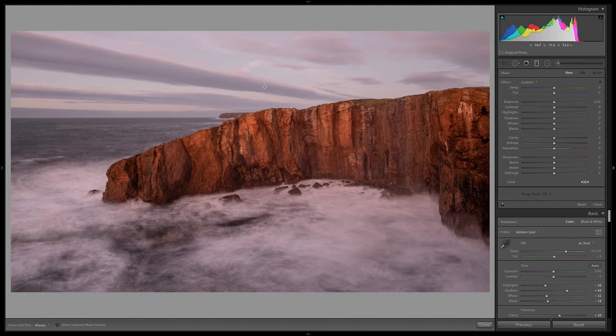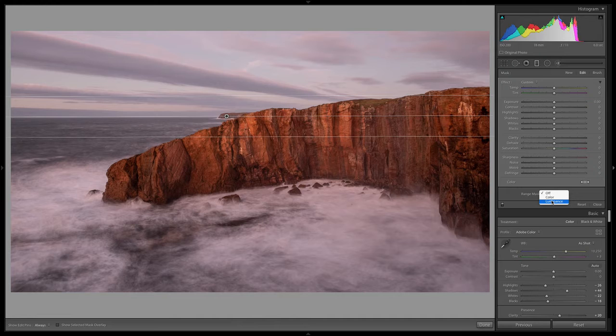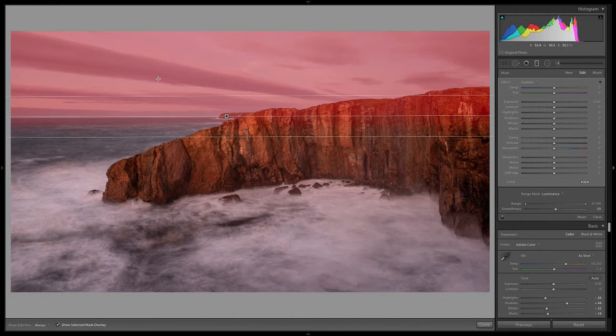So I'm going to take the graduated filter, click here, and create sort of a mask just like that along the edge of the horizon. And then I'm going to turn the range mask on. Let's try luminance first, and I'm going to press O to bring up my mask overlay. And let's just increase the range so that we aren't getting as much of this hillside over here. We can decrease the smoothness just a little bit so we have a little bit of a sharper edge, which I don't mind for this photo. All right, pressing O to turn that off.